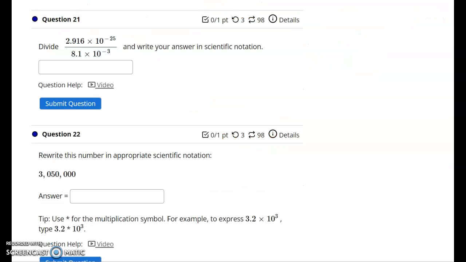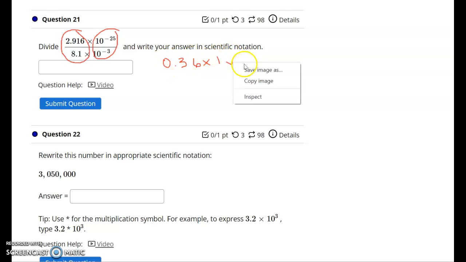All right, on 21, we need to divide and then write our answer in scientific notation. First, we're going to divide these two together and then these two together. So let's first do 2.916 divided by 8.1. And that gives us 0.36